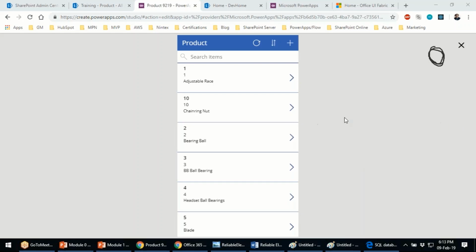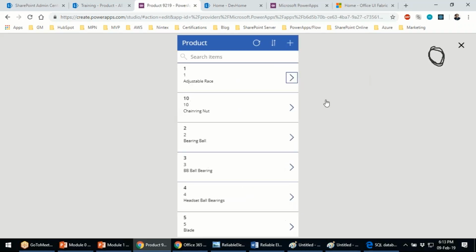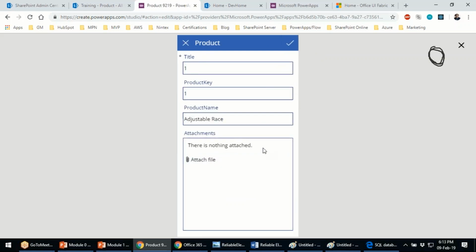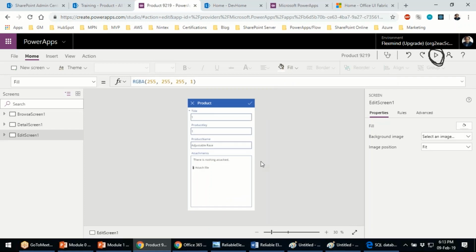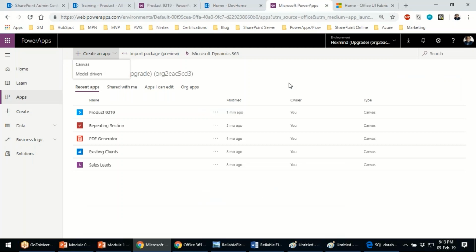Here in this case, it is showing us a screen. This is the browser screen. We'll discuss the screen, and along with that, you can navigate through other screens. If you have to make changes, you can make them and then store them. But yes, these screens have been generated automatically. The reason is that you started from a list already. If I would go ahead and do vice versa